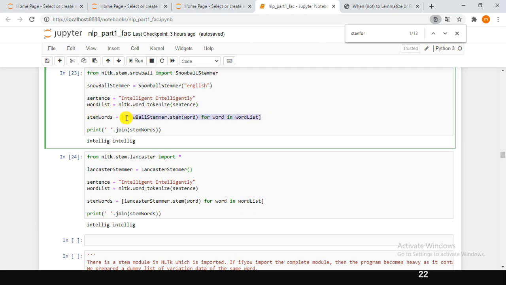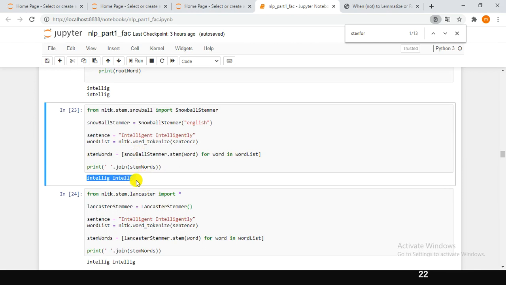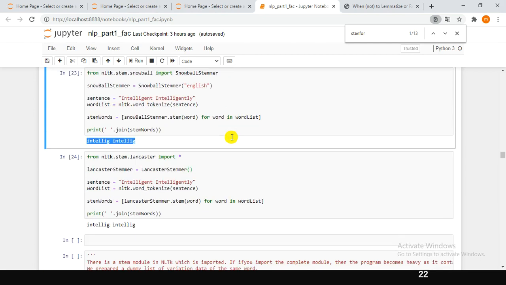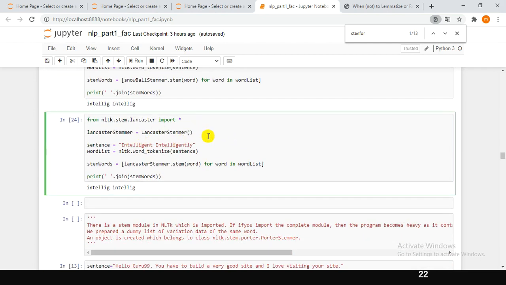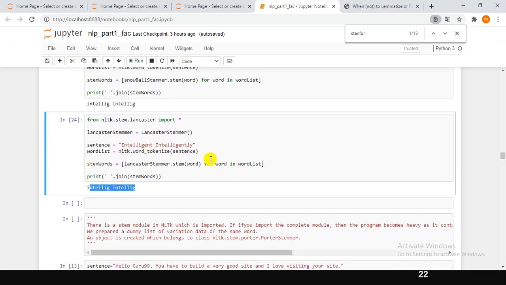Here I used a list comprehension to retrieve each token from this word list, passed those tokens to the stem method, and printed the output of my Snowball Stemmer. Here also we could see the derived word is a non-dictionary form of the word, similar to PorterStemmer. And even in the case of Lancaster Stemmer, the same thing is happening. It is returning a non-dictionary form of the word.